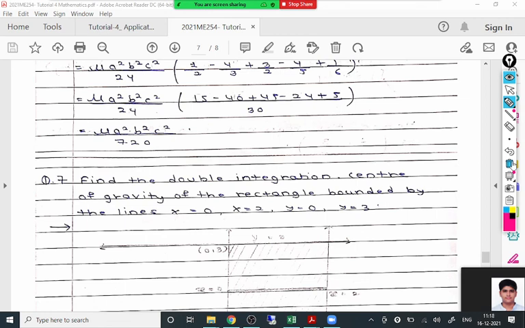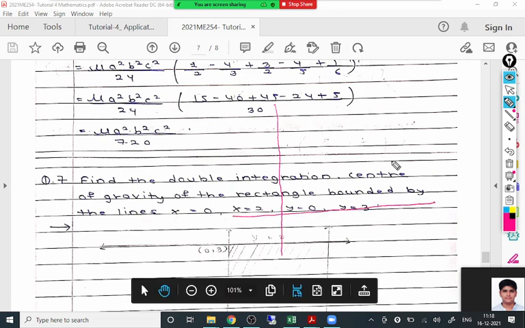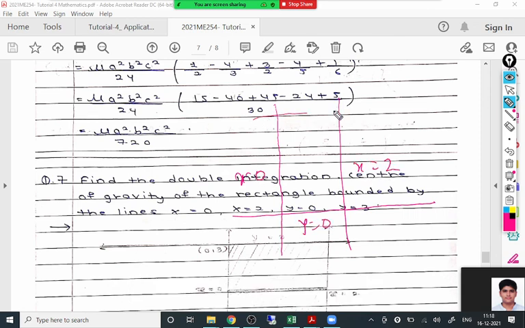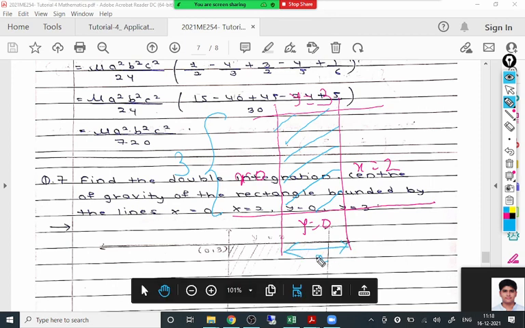Right now, a simple example is taken for the region only. And what is the region I gave? The region is bounded by, say, x equal to 0, x equal to 2, y equal to 0, and y equal to 3, something like this. So this region will be looking like this. This is the rectangle whose centroid we have to calculate. Obviously this height is 3, and this length is 2.